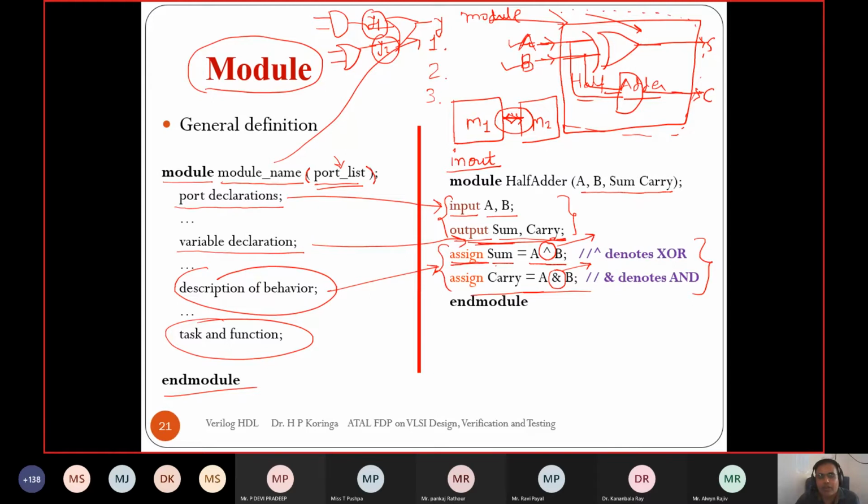Data flow is used when we know our design in the form of Boolean equations, or how data transfers from one register to another register. It means if our specification is ready in the form of Boolean equations, then it is easy to write Verilog code in data flow. In the same way for gate level, suppose I have to implement the half adder. I know the internal structure of a half adder: one XOR and one AND gate. I can use the gate level to implement the half adder if you know the internal structure.